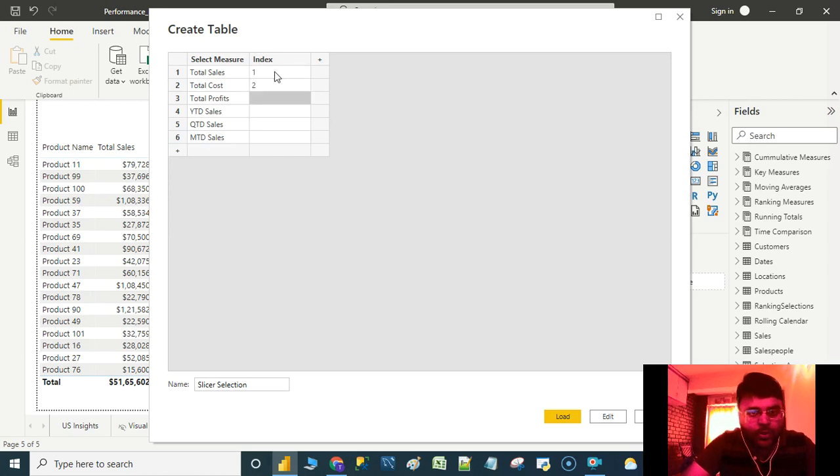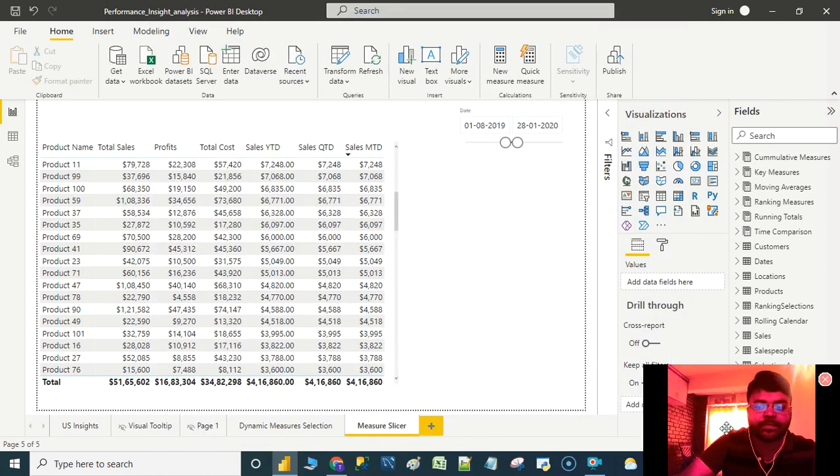And under index, let us give 1, 2, 3, 4, 5, 6. So totally we have 6 measures that we have given in this table, and index would be from 1 to 6. So let us load this table.